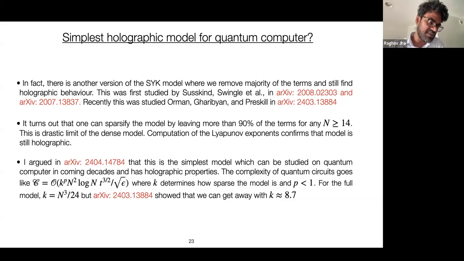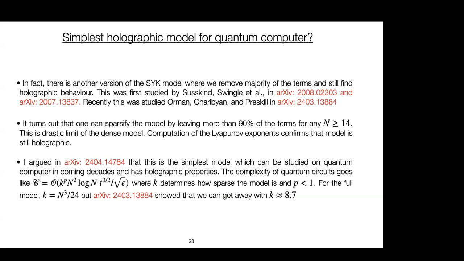In the sense, how do we say whether the model still has reasonable holographic connection? You compute what is known as the Lyapunov exponents. So you look at a 4-point correlator, look at the growth of that correlator in a certain time regime, and then you see whether you find the Lyapunov exponent, which has a bound, which we know. So if the Lyapunov exponent saturates that bound, then the model is still holographic. So taking out 90% of the terms seems like a lot, but it still has a lot of interesting physics left. So for that model, I studied the complexity and did the same thing, and using